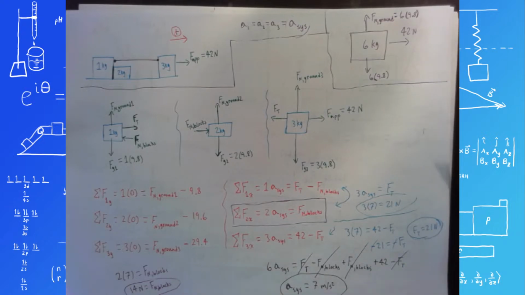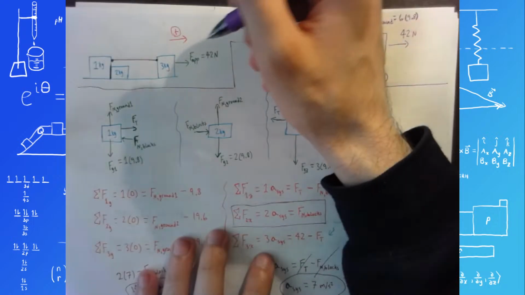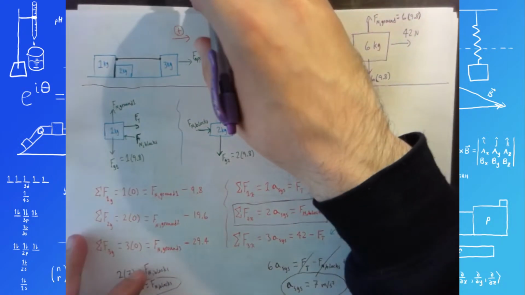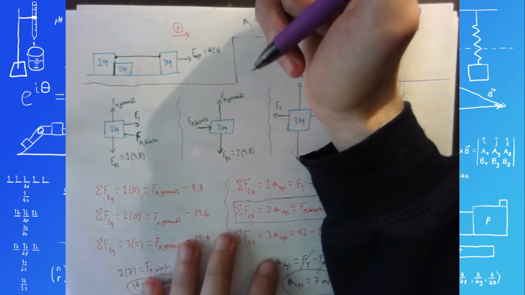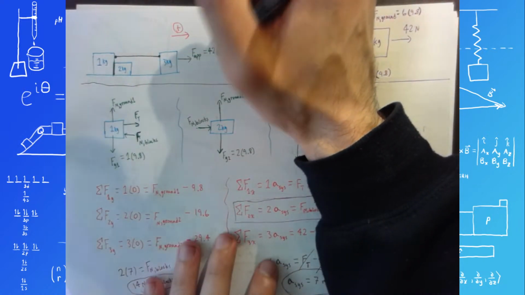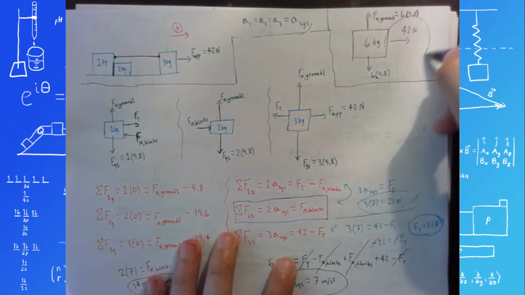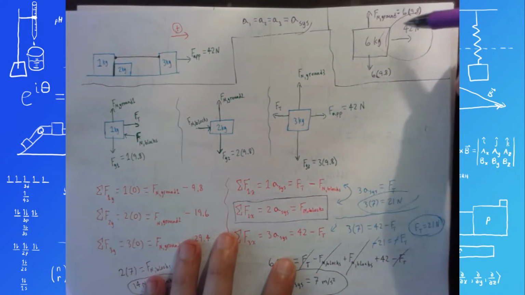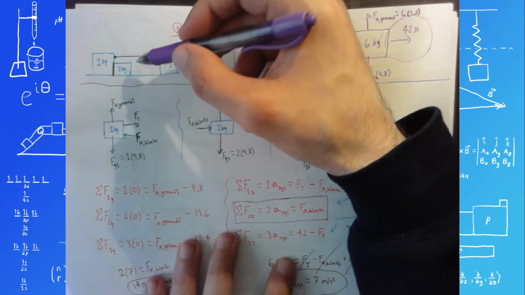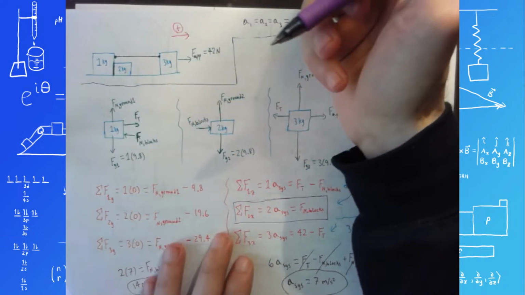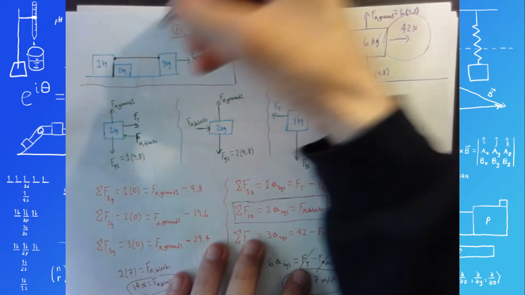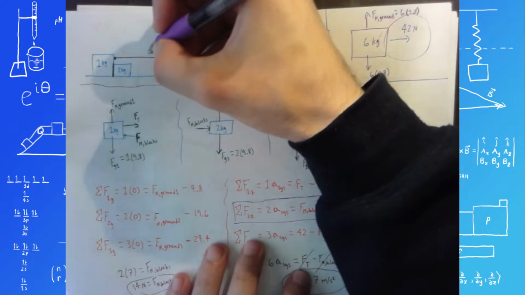So let's try and pick this apart a little bit and see how nicely everything just works when you take this big picture perspective. So we've got 42 newtons of applied force, and if you look at the internal forces and you see what they're doing, what they're really doing is that they're just evenly distributing this overall force. This overall 42 newton force is being evenly distributed by the internal forces across all of the different masses within the system. So the tension force being 21 newtons,